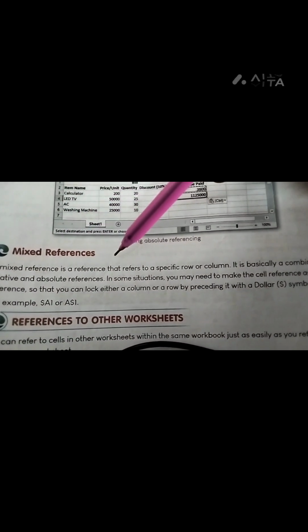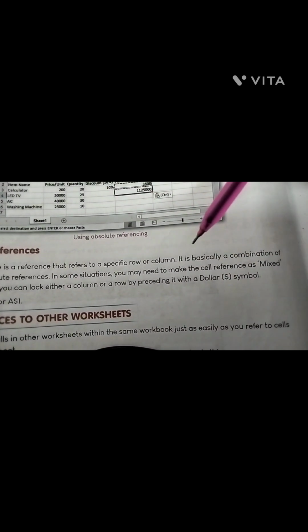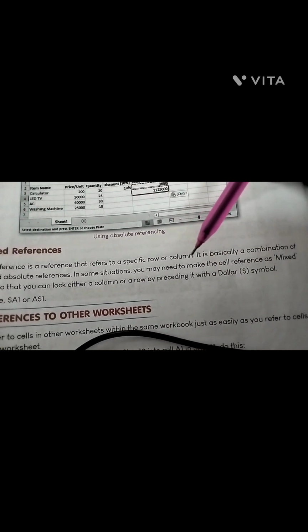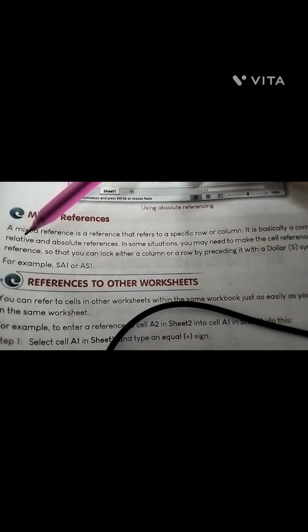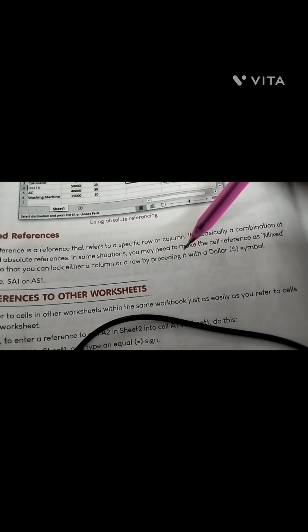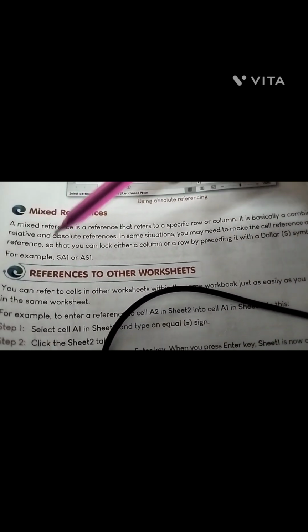Mixed reference. A mixed reference is a reference that refers to a specific row or a column. It is basically a combination of relative and absolute reference. In some situations, you may need to make the cell reference a mixed reference so that you can lock either a column or a row by preceding it with a dollar symbol. For example,